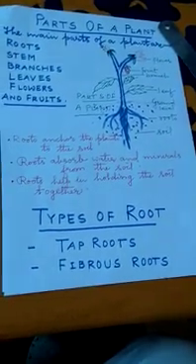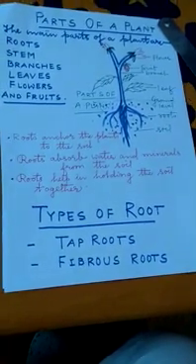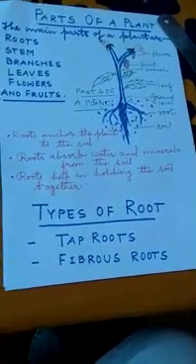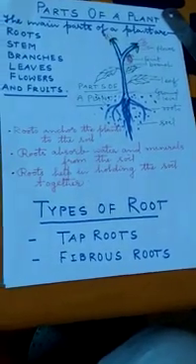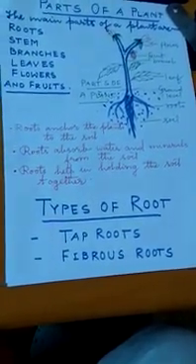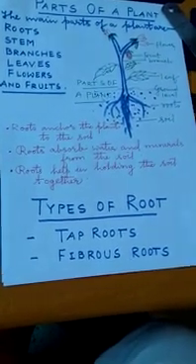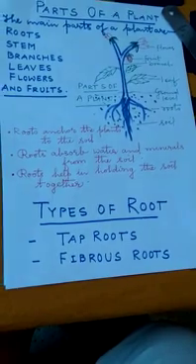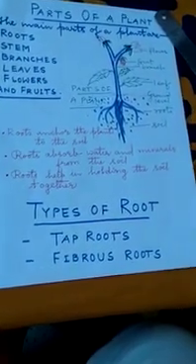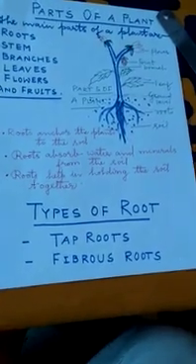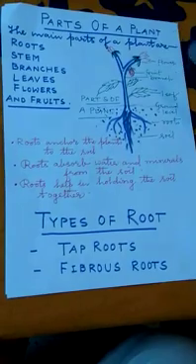The plant system essentially consists of root system and shoot system. These systems work together to sustain plant life, just as the combination of various systems in the human body helps us to sustain and survive. Today we will discuss the first of the plant systems, that is the root system.